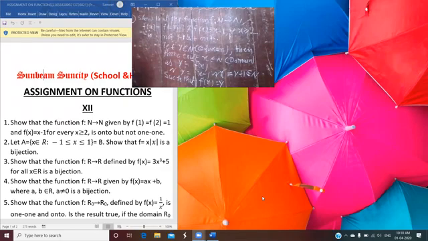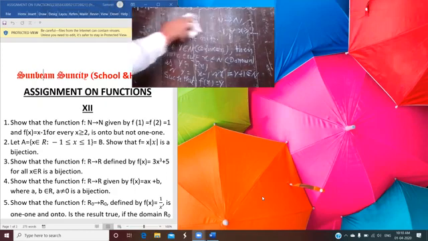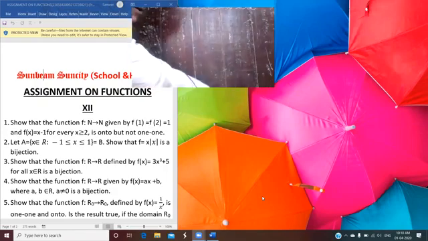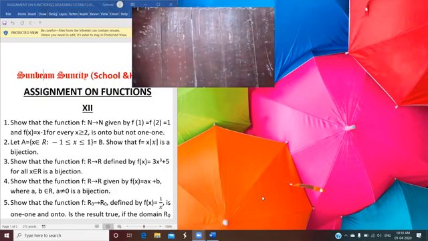So check it. Bijection is also known as bijective function, means you have to show that the function is bijective. So how you prove the function is bijective? If the function is 1-1 and onto both, it is said to be a bijective function. So first of all, how you write the solution of that type of question. First you write the things which are given in your question. Means you have to write about the sets, domain, codomain, as well as function.